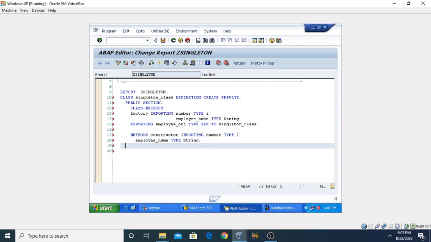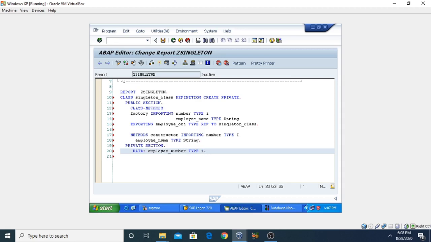Now we need to define the private section. So this is our private section. In this private section I am going to declare a data object, data employee_number, and the type is integer. So a class has attributes as well as methods.